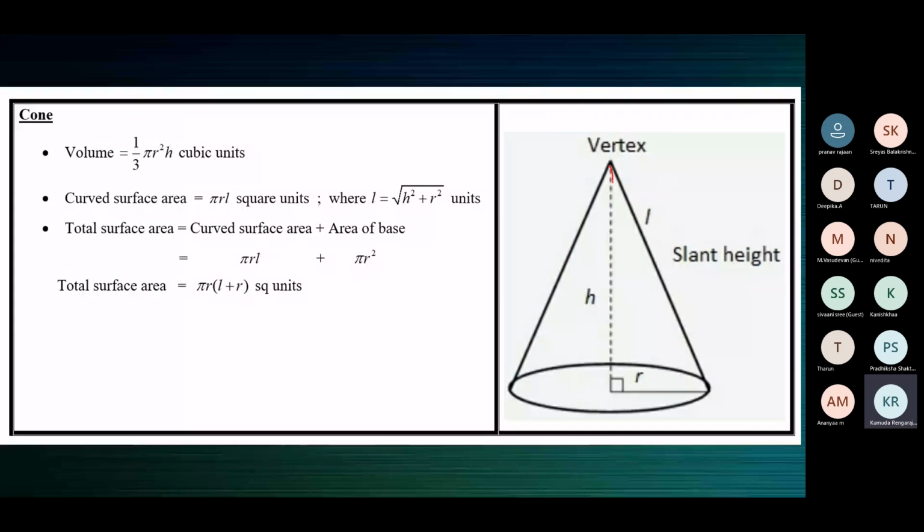When you take up the line segment that represents the height of the cone, and the line segment that represents the radius, so many line segments are there. See, this is the radius, this is the radius. There are many. This height is only one height, the perpendicular height of the cone. It is only one line segment. Slant height also, you can take at different places on the curved surface area. The perpendicular height is only one line segment. You can take any radius, and according to that, you can take the slant height.